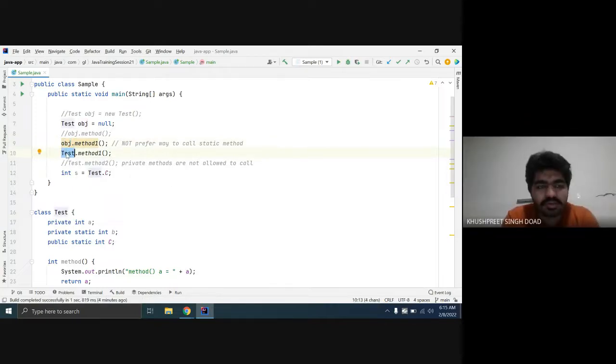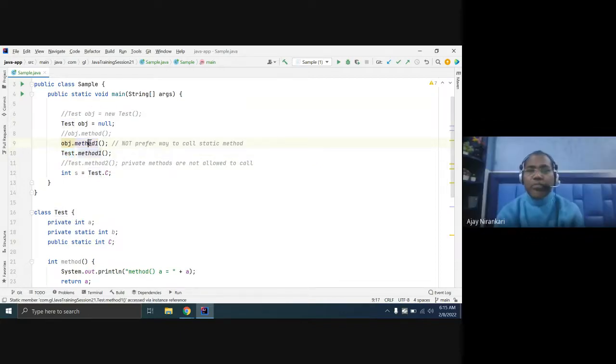Okay, sir, but we didn't initialize it like new test, object equal to new test. Yes. Still, whenever the compiler sees this line, it just changes it. The compiler at runtime changes this object to your test class name. If you wrote this code, it is actually running like this line.